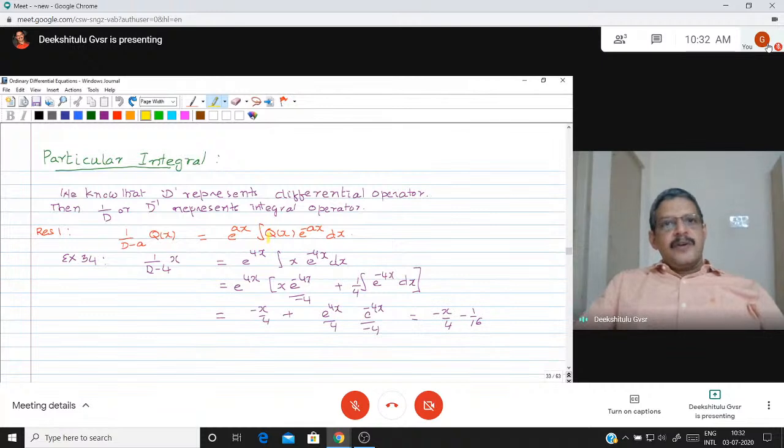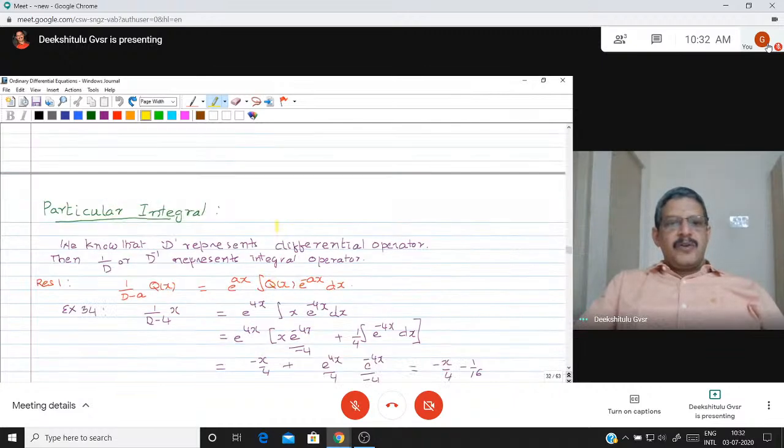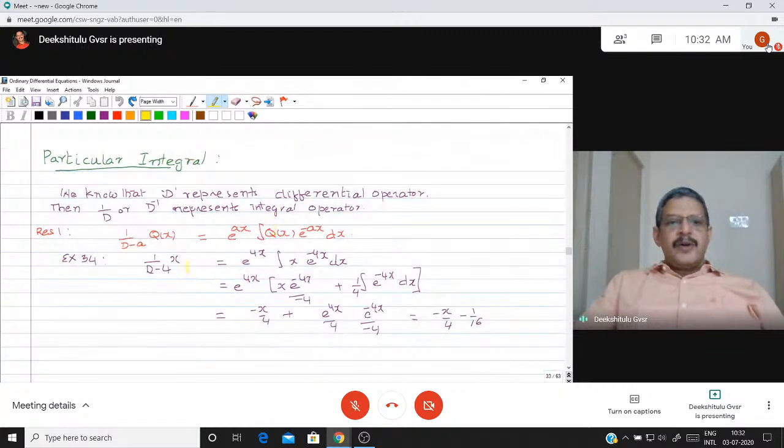The solution of the homogeneous equation is called the complementary function of the given differential equation. I repeat it. Whenever you consider f(D) y is equal to q of x, if q of x is equal to 0, then that equation becomes f(D) y is equal to 0. That equation is called the homogeneous equation. The solution